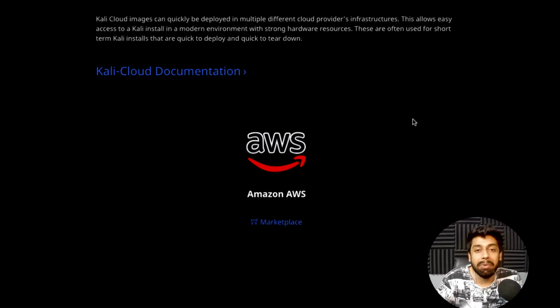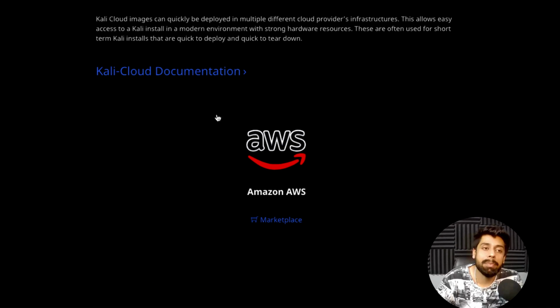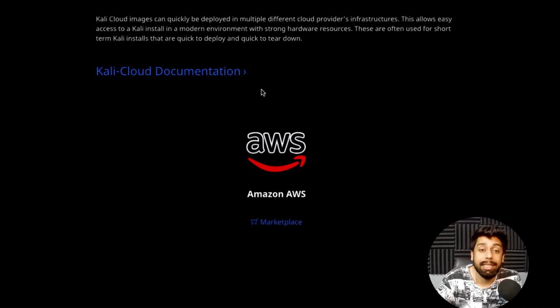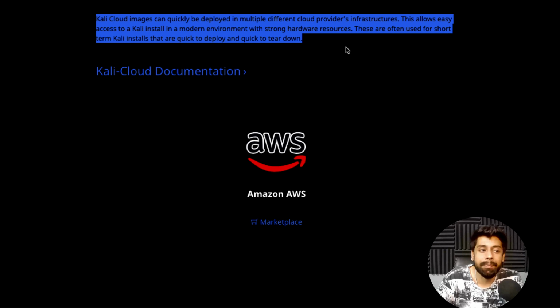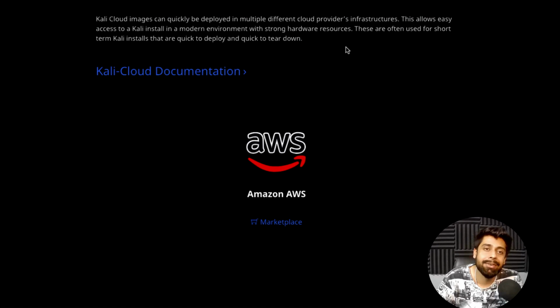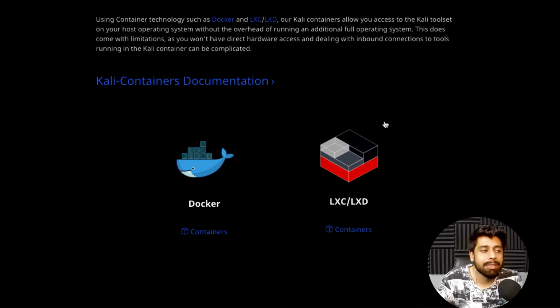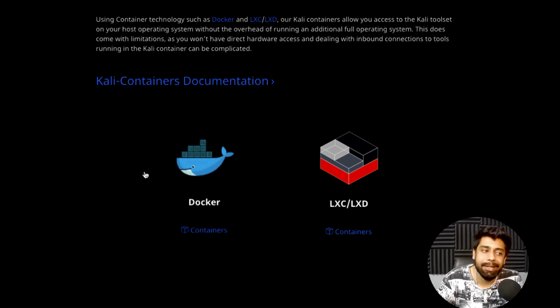And also you have the cloud versions available. A lot of people are hosting these VMs and Kali Linux over the cloud, so that they can just open a URL and access it. So which is a good solution. A lot of people are hosting their operating systems or their VMs over the cloud, which is a good option. You don't need to use your hardware, you just need to configure your Kali Linux somewhere over the cloud and you can use it at any time. Also you have the option for containers like Docker.